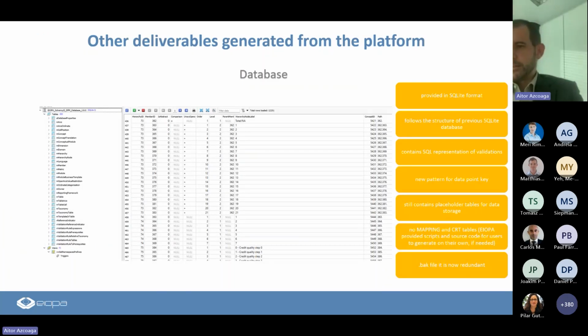And then we have the database, which also had a little evolution. We took, as I said, the database from EBA. On top of the DPM, I think it was one of the very good decisions that we took at the time, not to only take the methodology, but also to copy the database. We had to do some adaptations for EIOPA needs, but it's mainly, conceptually, the same as EBA.